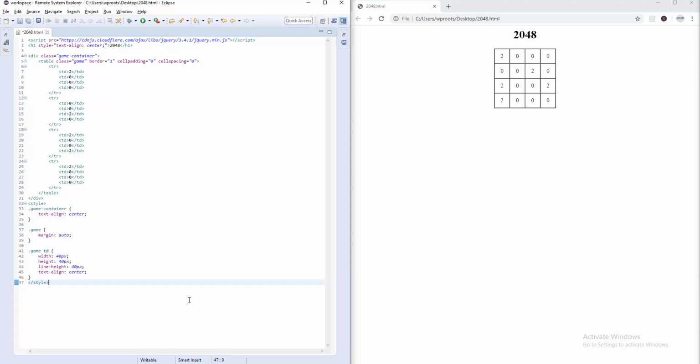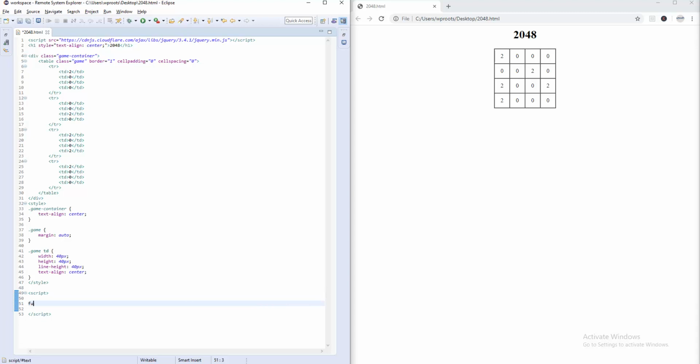Now we need to go about the logic of the game. So when you press the arrows up, down, left or right, all the board tiles shift until either a numbered tile reaches an edge, or two tiles with the same values are added. So for that we are going to create